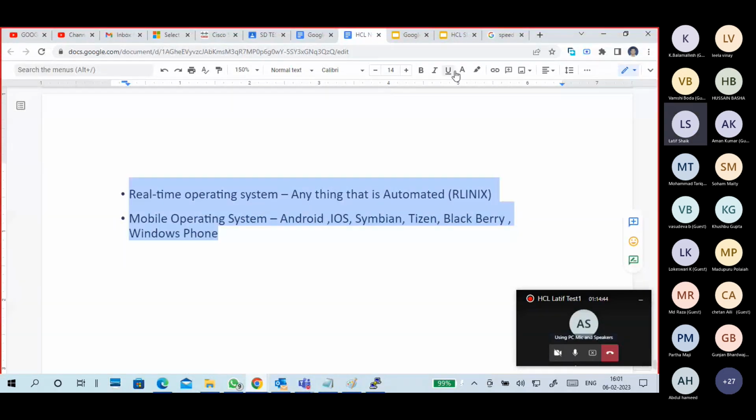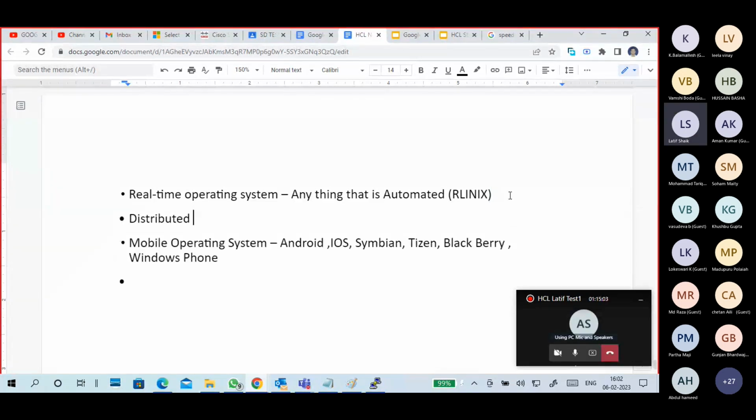Okay. Not only these things, guys, there are also different types of operating systems: the real-time operating system, distributed operating system, distributed applications, mobile operating system, like that. Different types of operating systems are there. Okay, real-time operating system means,